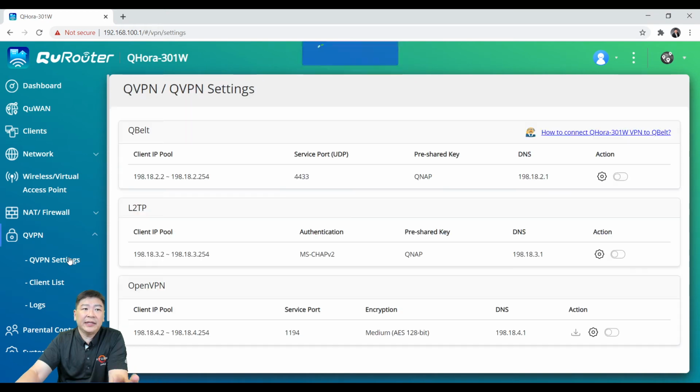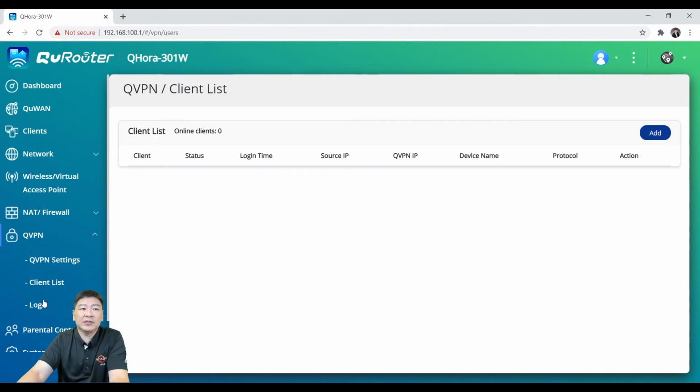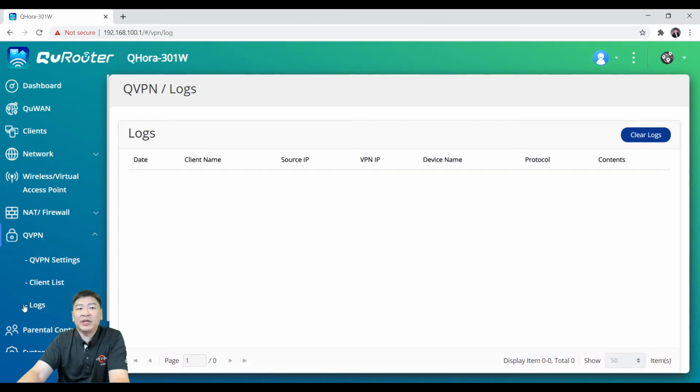And at the same time, you can also set this router as a VPN server. There are basically 3 settings. There's QBelt. This is something that's hosted by QNAP, and it's very simple. You just have to download the app and run it, and you'll be able to connect very simply. Of course, there are the usual protocols, which are L2TP and also OpenVPN. If they're connected, basically you see them on your client list, and whatever happens, you'll see it in the